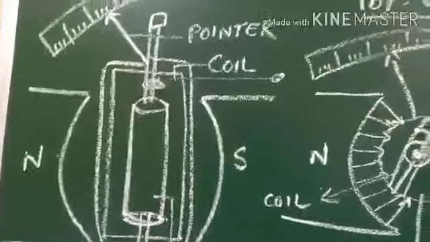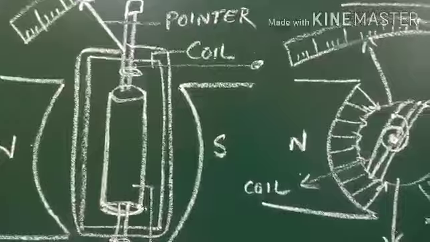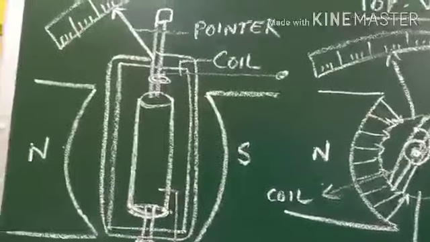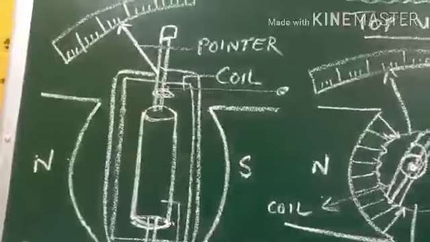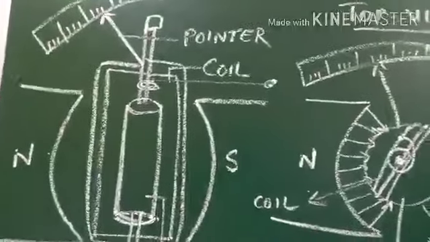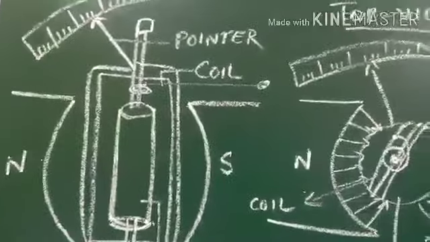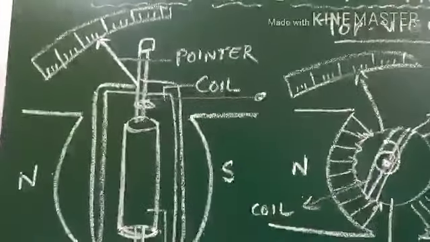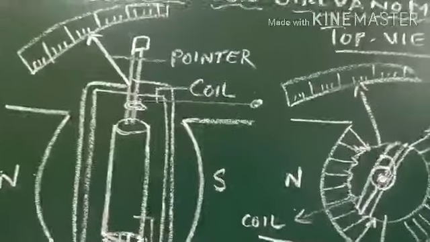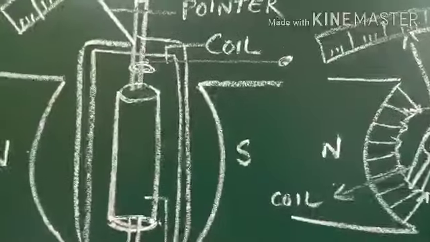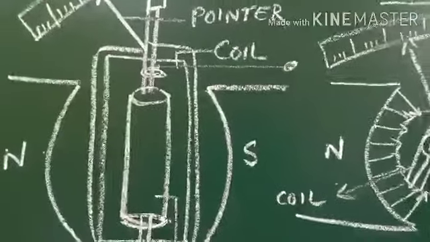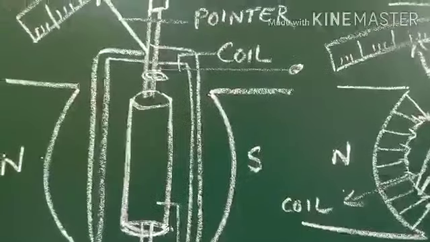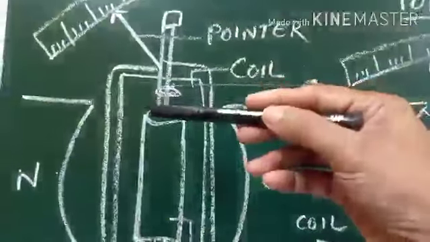Why phosphor bronze is used, we will discuss in detail during the interaction time. We know that it is a good conductor of electricity, it cannot oxidize very fast, and it is a perfectly elastic material. Many qualities are there which we will discuss during the interaction time. The two ends of the springs are soldered to the two ends of the coil.